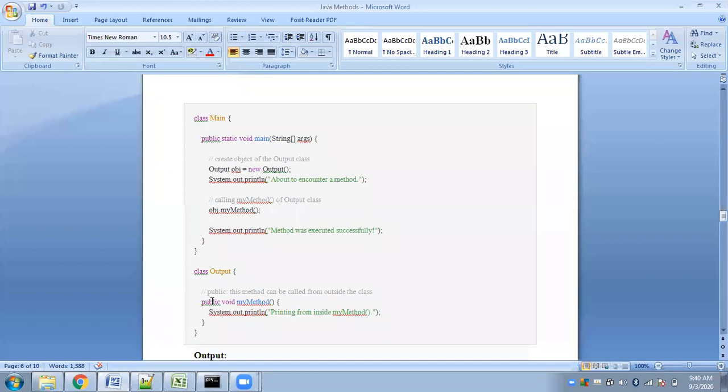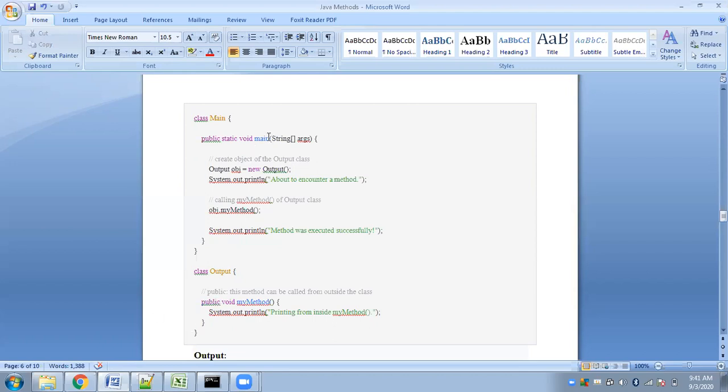Okay, if it is private, it cannot be accessible from outside the class, because this is one class, this is another class. If your access specifier is public, it means it can be accessed from anywhere inside the program. Okay, from any class. It will be available to all. But if you make it private, it will simply mean that it cannot be accessed from outside the class.